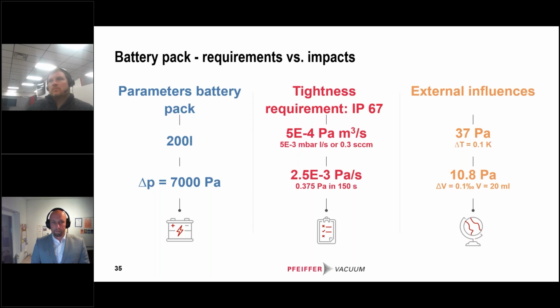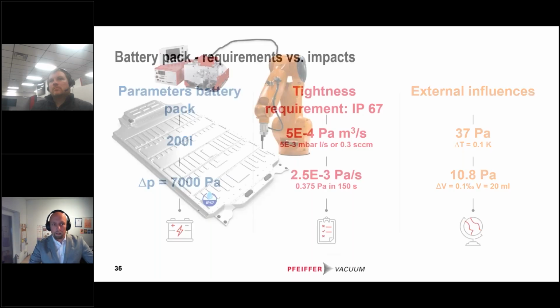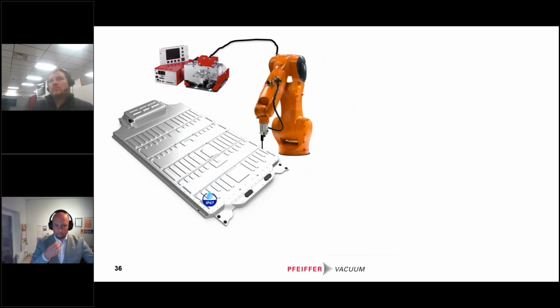If you go to much smaller battery sizes and to an easier tightness requirement, air testing might still be applicable, but still, well, on the edge. But there are other opportunities which you can use for leak testing a finally assembled battery pack, which is the helium sniffing method, which was mentioned by some of you also in the beginning of the webinar as an already used method. So we see here a battery pack which has an IP67 requirement, and you can test it